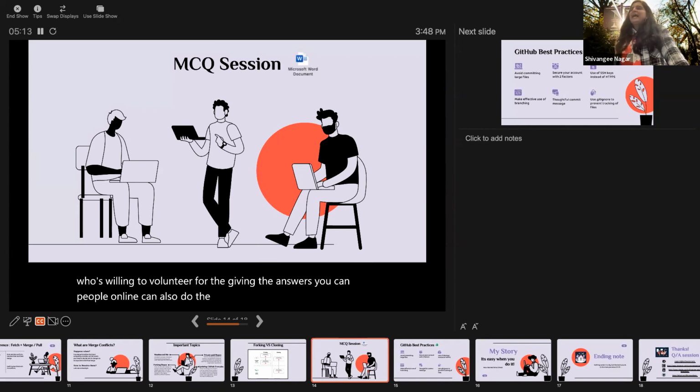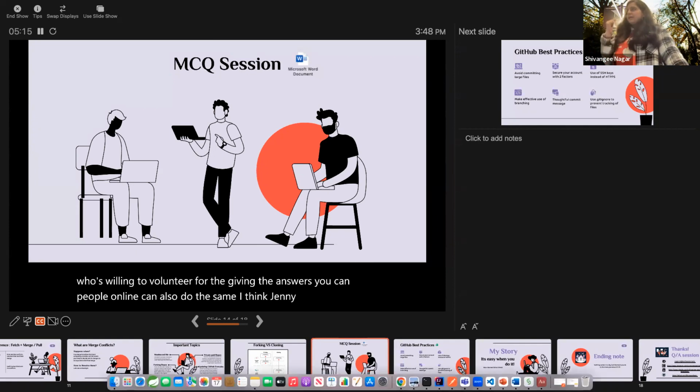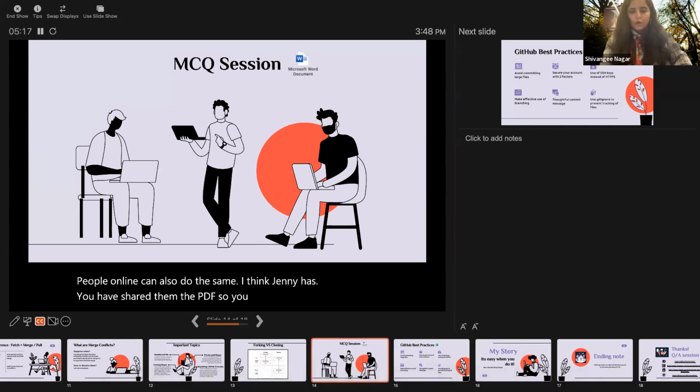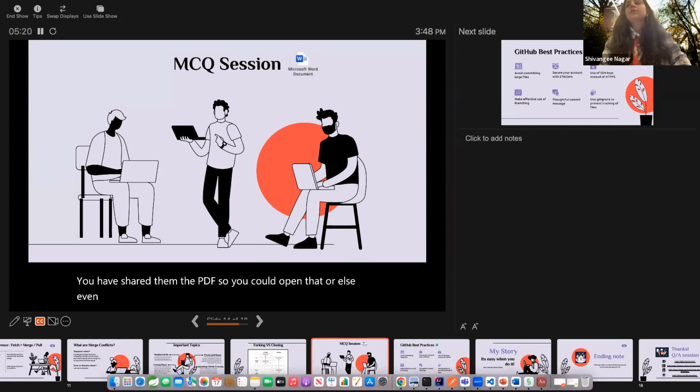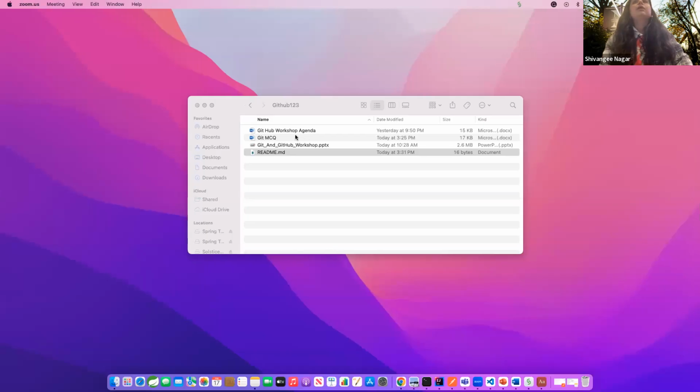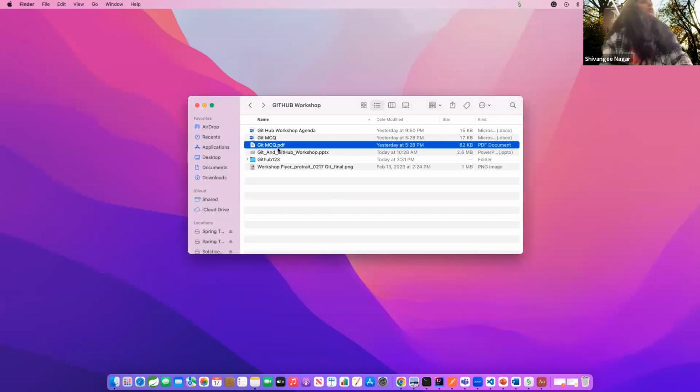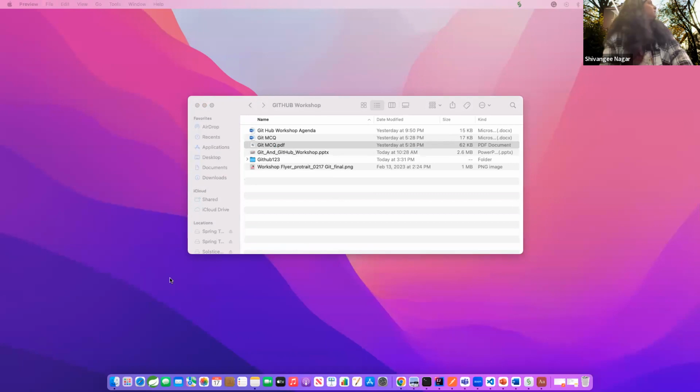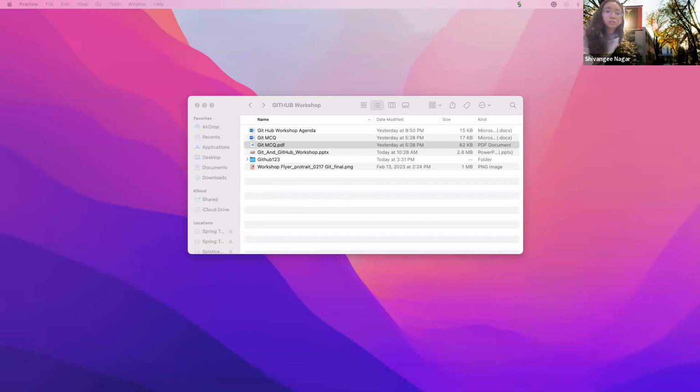I think Jenny, you have shared the PDF, so you could open that, or else even I can. Let me know if I can just open the... is it on Zoom? The PDF. Okay. Oh no, because I've already done this, I want to share it on Zoom if they want.